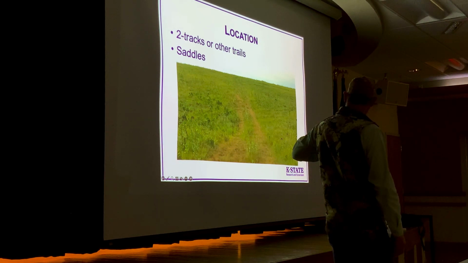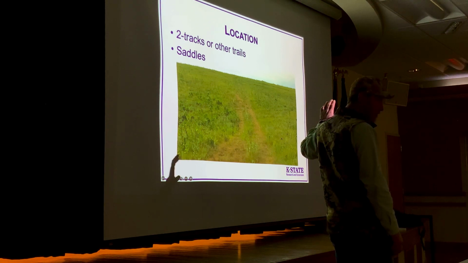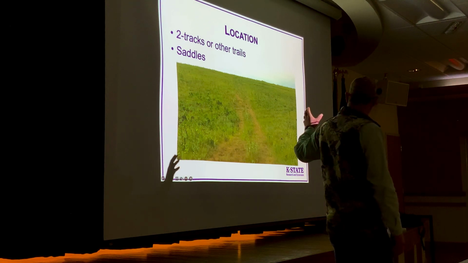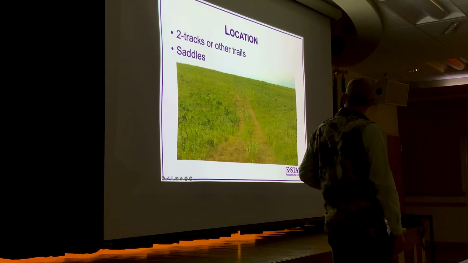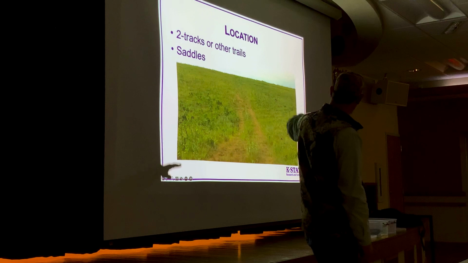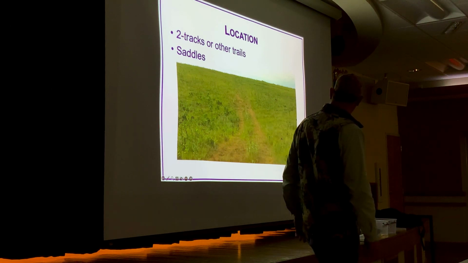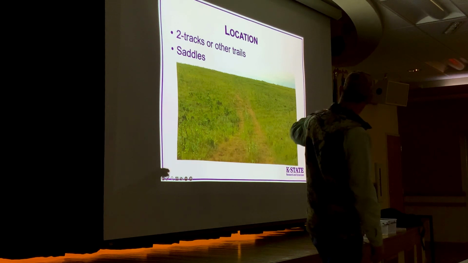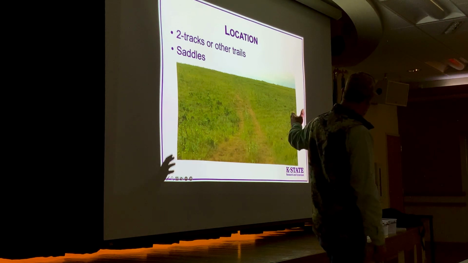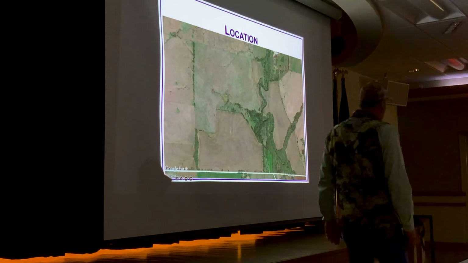Coyotes are kind of lazy. They run on trails that we make, they run on trails that cattle make, and they run on trails where other critters have walked because those are the easiest places to get around. If you've got a low area or a dip in a hill, in Flint Hills we call them saddles, that people that live in mountains would probably laugh at, but that's where coyotes are gonna come over. So if you've got that combined with the road, that's a good spot to look for tracks.